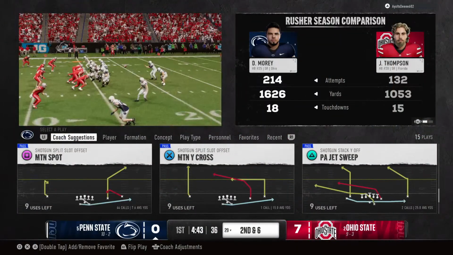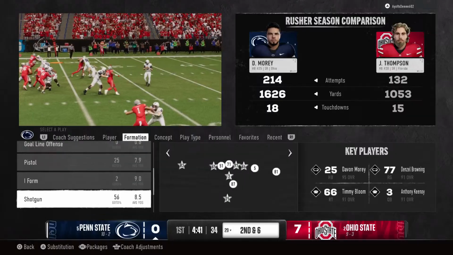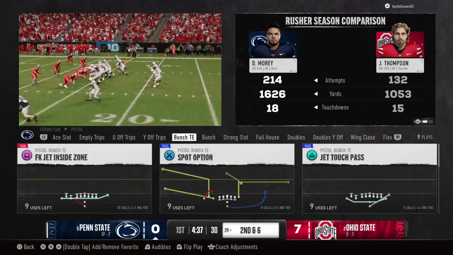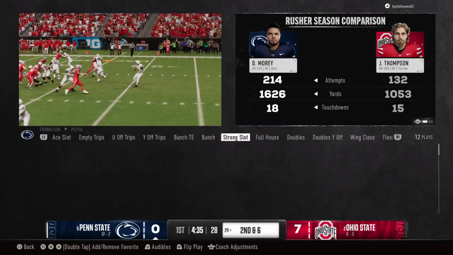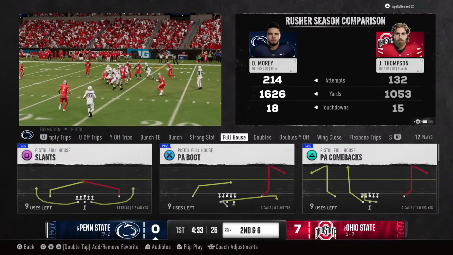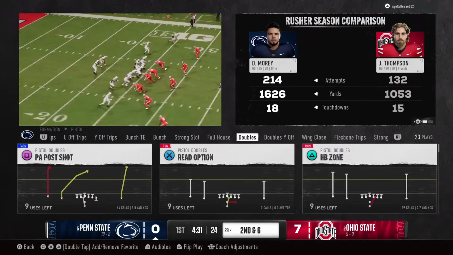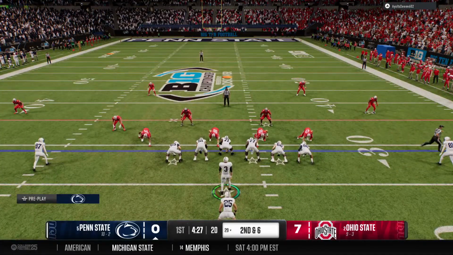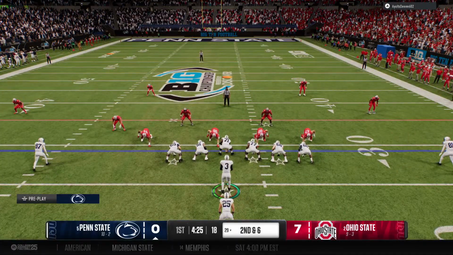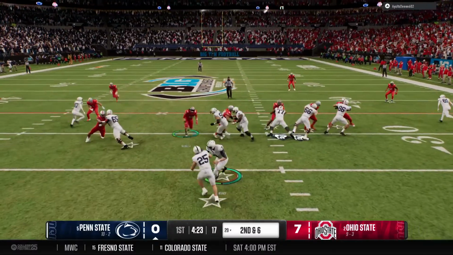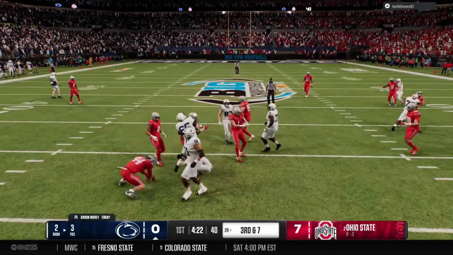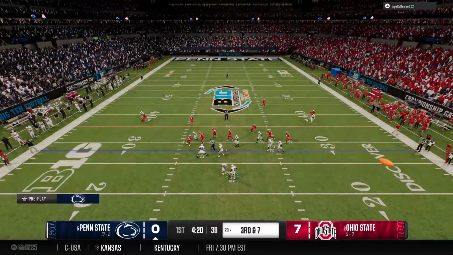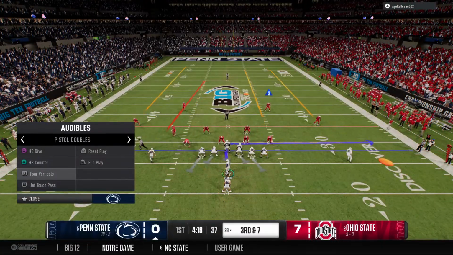Nice job here of controlling the line of scrimmage by this offensive line. The back does what he needs to do to get positive yards on first down. Second down after that run on the previous play. Handoff to the back. They'll stop him behind the line for a loss of 1. The Nittany Lions will hustle to the line to run the hurry-up offense.